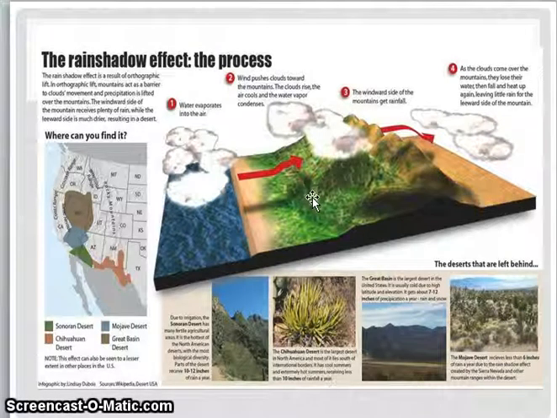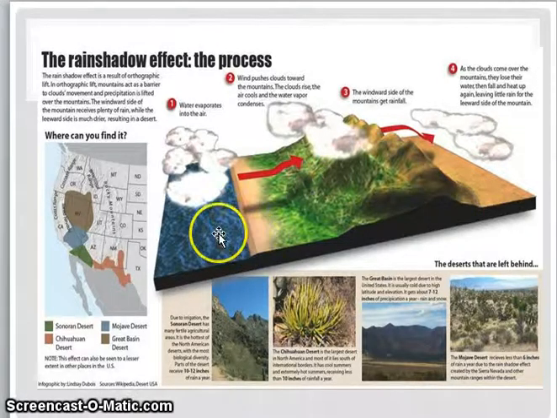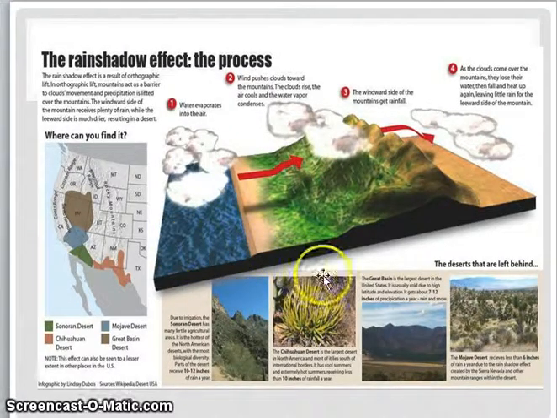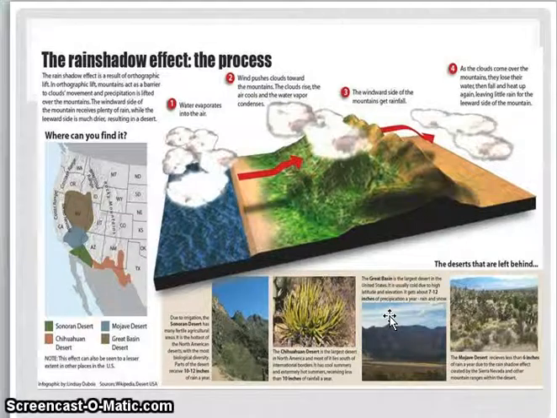Well, both of those mountain ranges are caused as a result of the ocean crust sinking down below the continental crust. And when this happens, it generates two different types of mountains. One type of mountain is from uplift and folding. That's the coastal mountains. And then the Cascade Mountains are a result of volcanic activity. So then the effect of those mountain ranges